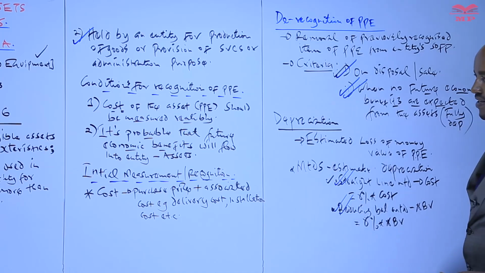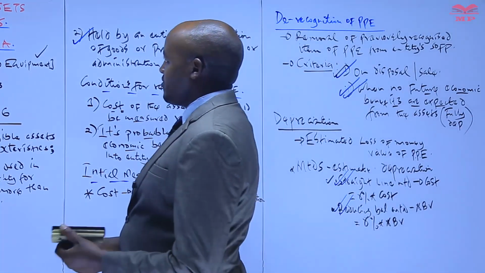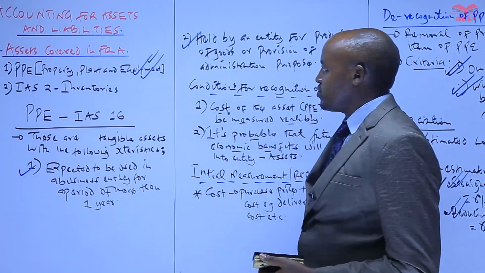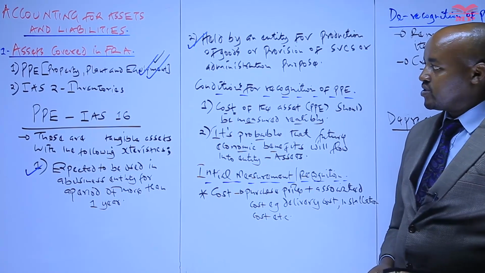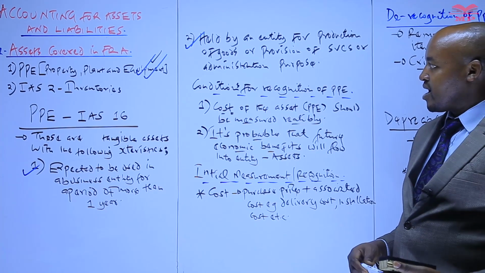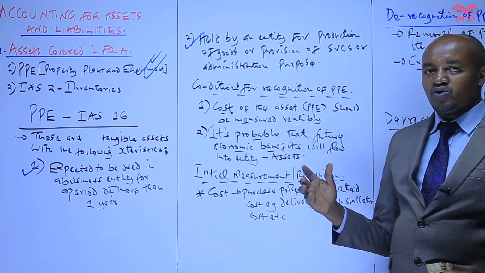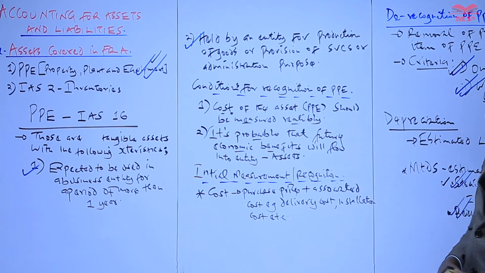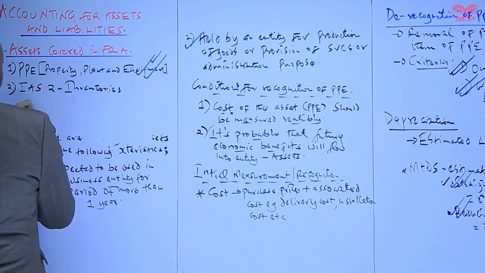So therefore, as far as the first item of asset is concerned, which was covered in CPA foundation level and also CPA intermediate level, those are some of the issues you need to know: the definition of a PPE, the conditions for recognizing PPE, the initial measurement and also the subsequent measurement, depreciation, and derecognition. I want us to finally look at the last item of assets,